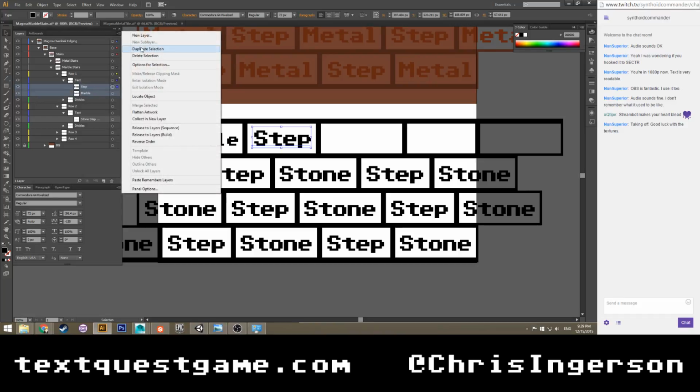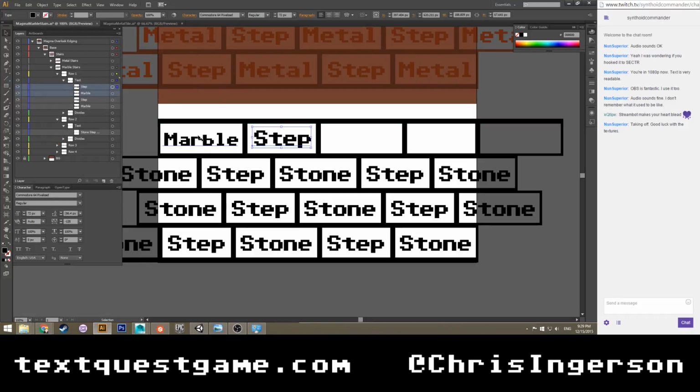Alright. So now I can duplicate these guys. Drag them over. Of course, it's only going to drag one of them because it loves to spite me. Marble. This over to the left. And last thing is going to be marble. So duplicate this. Grab that and put it right there. Ta-da! Perfect.